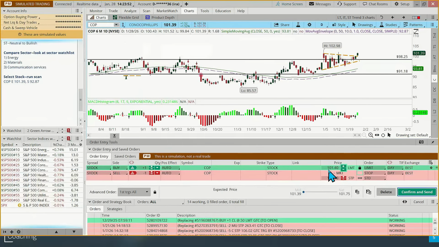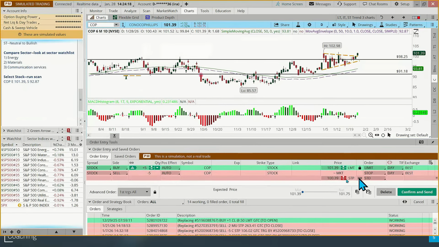And this one's trading at 101. We're going to put 101.39 for our entry here. And we could ballpark that. We could do 5 shares, which would be about $505. We've been setting a maximum of $500. That may be different for you, but we'll go ahead and do 5 shares. We'll call it close enough to 500. And then we're going to lock that link up so it has the same buy and sell.